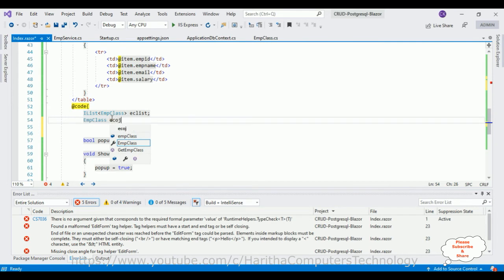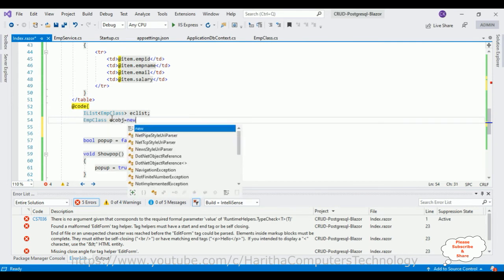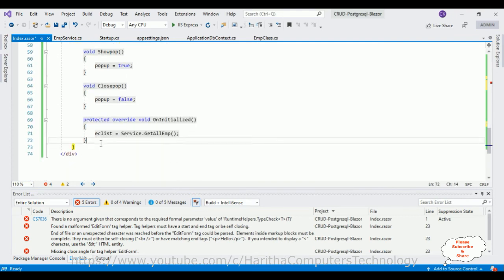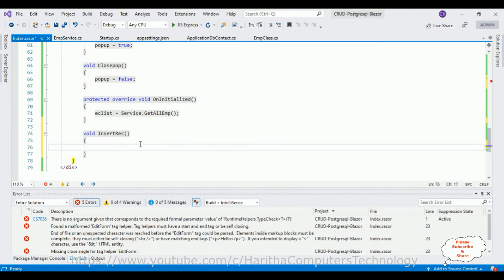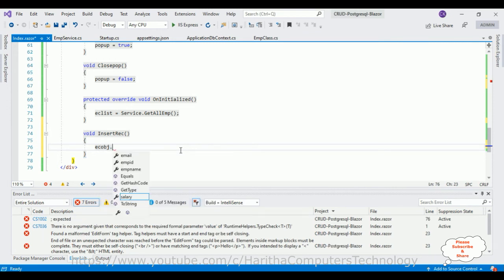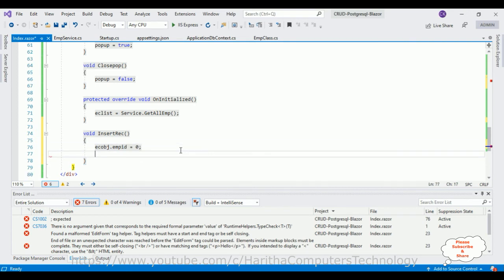EC object is equal to new EC EMP class. Void insert record. To insert the record, EC object dot EMP ID is equal to 0, then